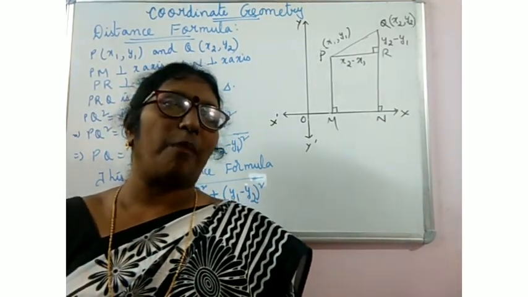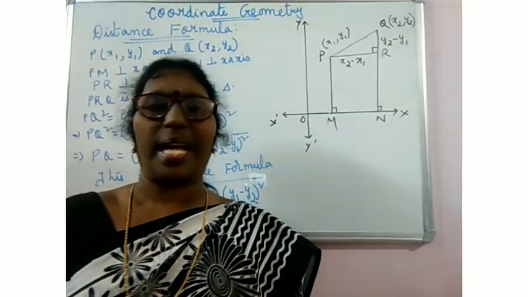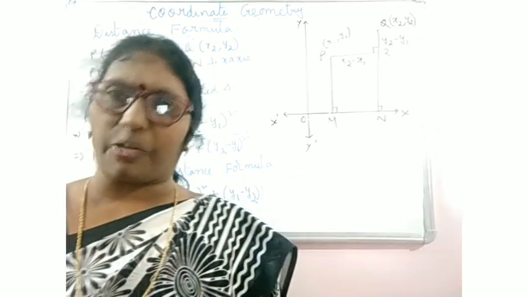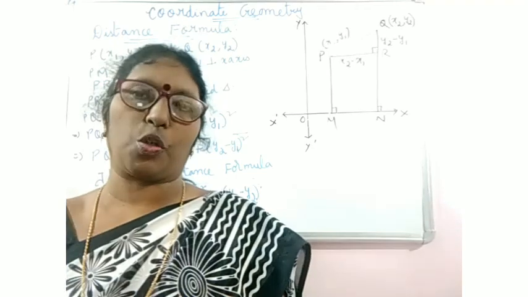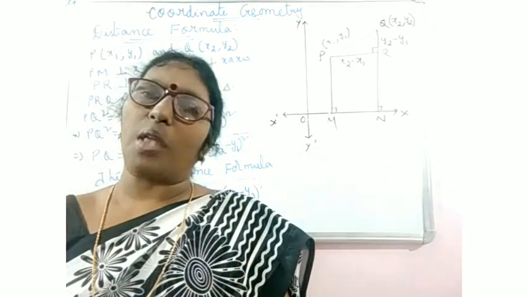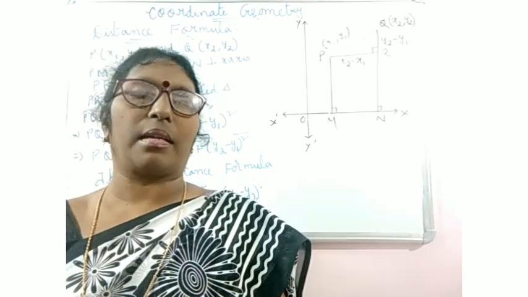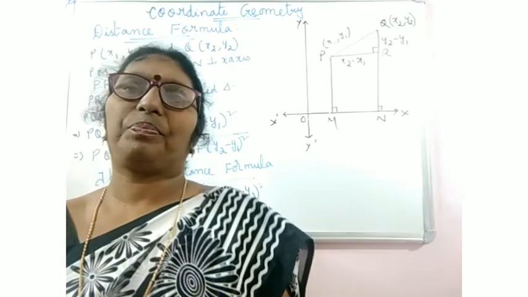Each angle is 90 degrees, not by using the distance formula. You can use what you have already learned, the equation of a straight line. If two lines are perpendicular, the product of their slopes is equal to -1. By using that you can show it. Similarly for the square, two cases. One, all the sides are equal and diagonals are equal. The other, all the sides are equal and each angle is 90 degrees.